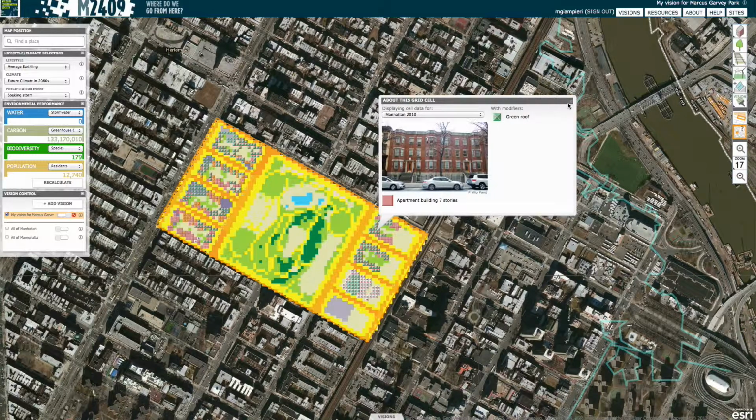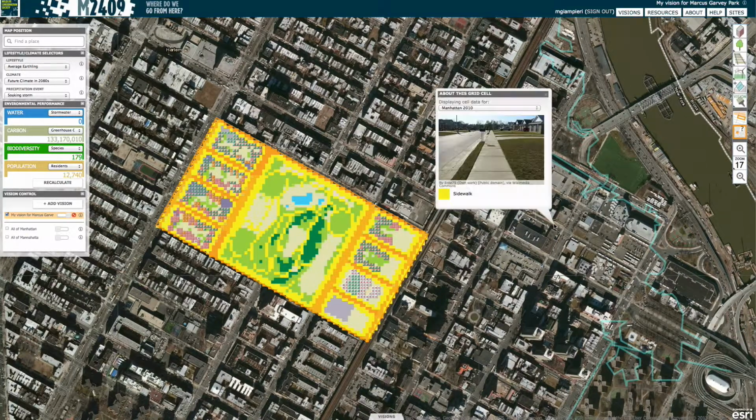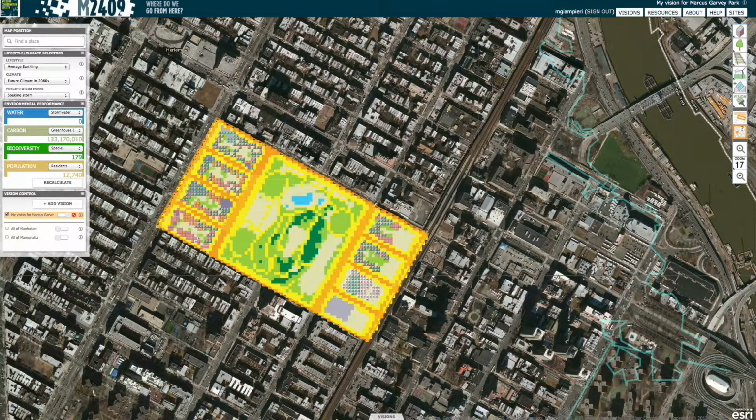You can also click anywhere on the map, even if a vision isn't loaded, and see what ecosystems are there today and in Mannahatta. This is particularly useful in deciphering aerial satellite footage and the different symbols that we use to represent ecosystems on the